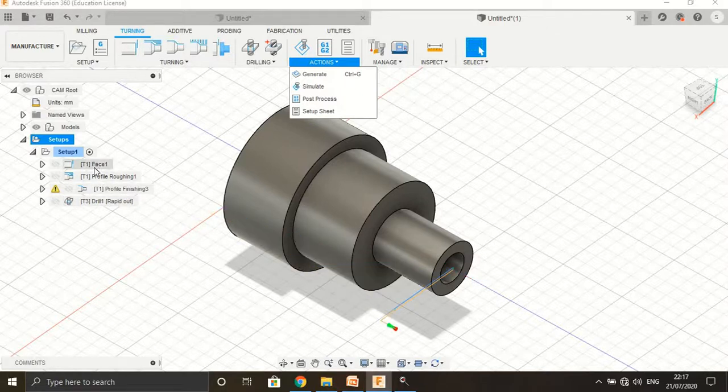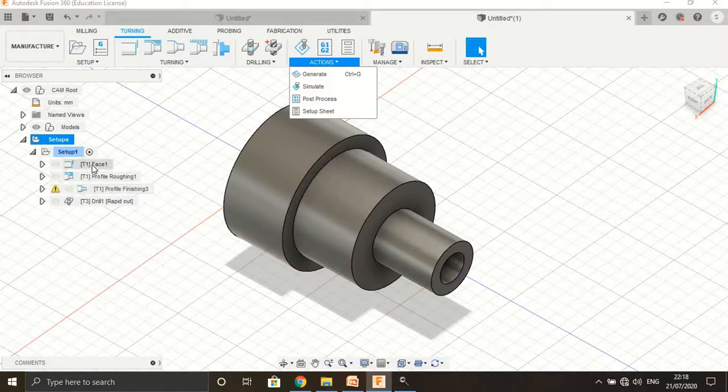So you can see the tool path, the first facing operation tool path, shown in this figure. Same with the second, the profile roughing operation tool path. So the same tool we are going to select, because there is no availability or customization, it is created in the software.